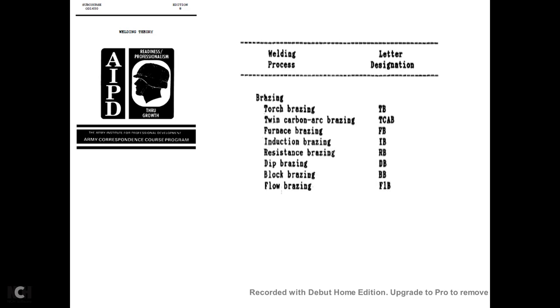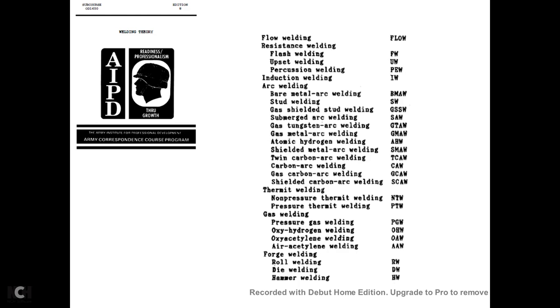Welding processes: torch brazing, TB; twin carbon arc brazing, TCAB; furnace brazing, FB; induction brazing, IB; resistance brazing, RB; dip brazing, DB; block brazing, BB; and flow brazing, FLB. Flow welding is FLOW. The resistance welding processes, flash, upset, and percussion welding, are FW, UW,